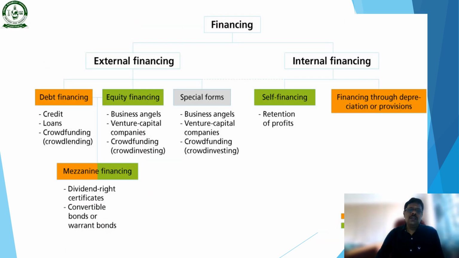The new or innovative sources can be classified into two: external financing and internal financing. Debt financing and equity financing come under external financing. Self-financing, and finance through depreciation or provisions, come under internal financing. Debt financing includes credit, loans, and crowdfunding. We have already